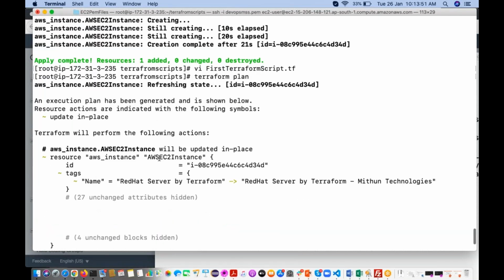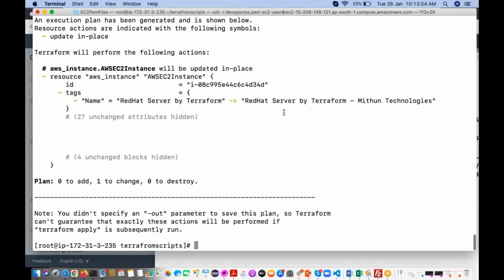We didn't specify that, but if you see here, one to change, 0 to destroy, 0 to add, because it is already created. Again, it is not going to create, but it is going to be changed. Which one? This one. See, it is clearly showing what it is going to change. Right? Red Hat server by Terraform Mithun Technologies.